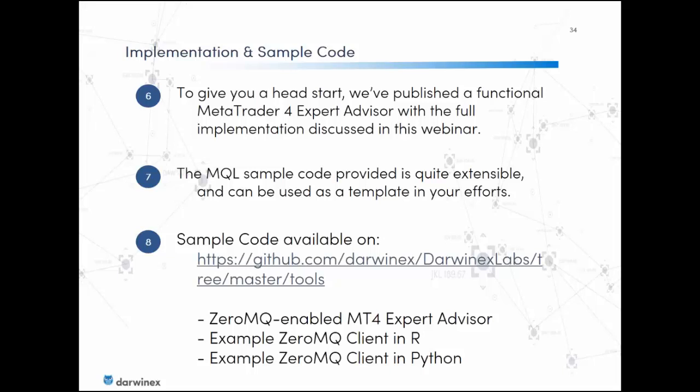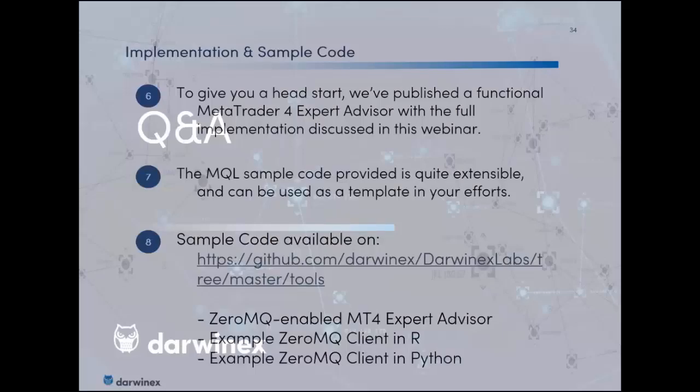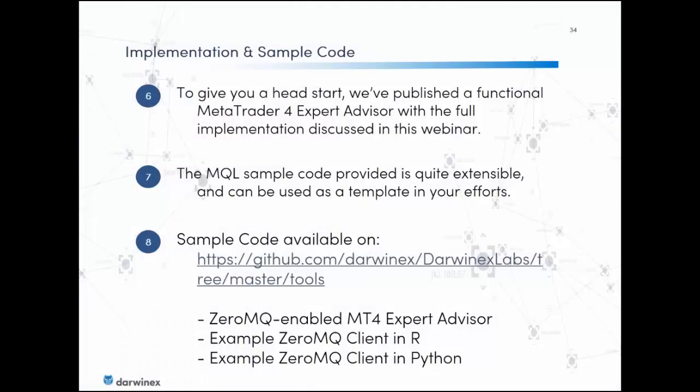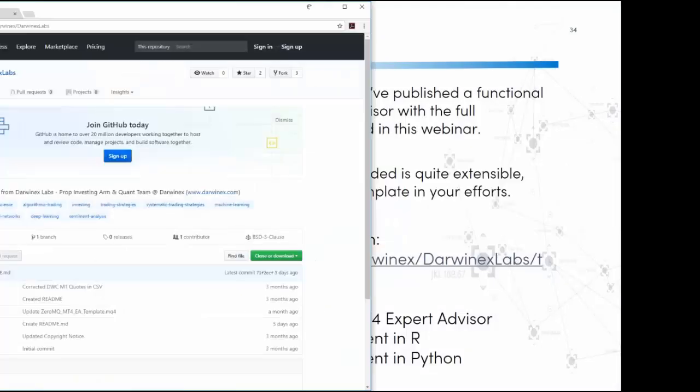The sample code is available on our GitHub page, github.com/Darwinex/Darwinex Labs, and there we've uploaded a template for a ZeroMQ enabled MT4 expert advisor that I will proceed to show you now, and we'll cut through the code to quickly see which component is implemented where and how, what libraries you need, etc. And we've also got an example 0MQ client written in R and an example 0MQ client written in Python, also on the GitHub page. So before we get to the Q&A, we're going to skip over to the web browser,